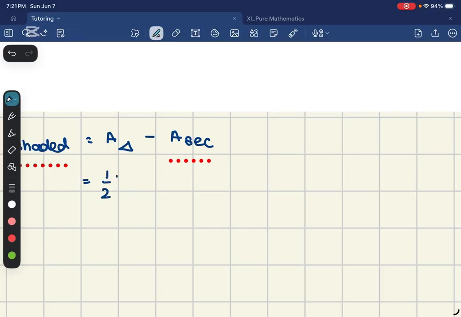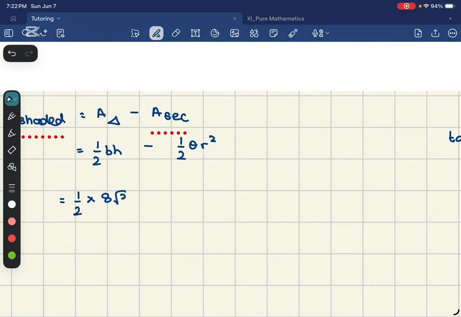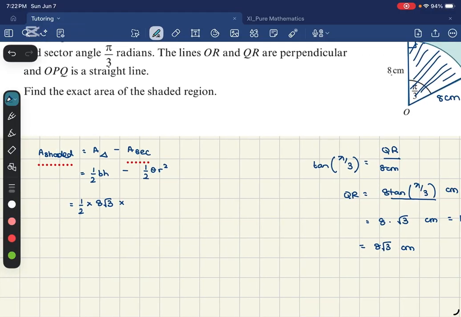Well, that's just half base times height. And what is the area of the sector? Well, it's just half theta r squared. So half, what is the base of the triangle? Well, it's QR that we just found. It's 8 root 3. 8 root 3 times what is the height? It is 8. So that is the area of the triangle, minus half. What is the angle? The angle was pi by 3. What is the radius? It's going to be 8 squared. So if you calculate this,